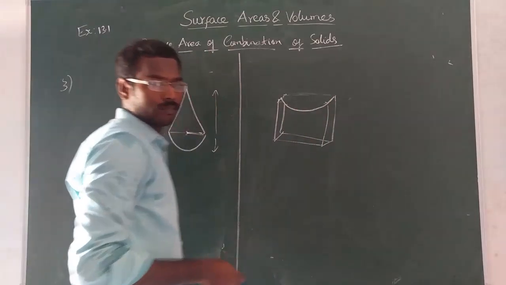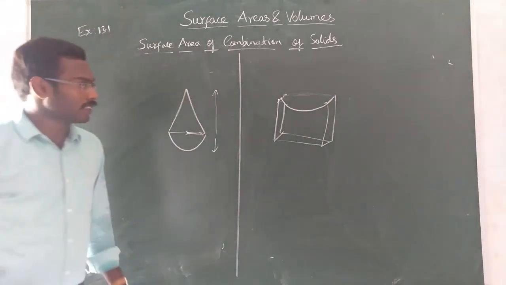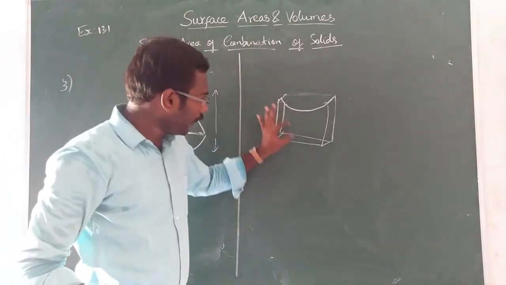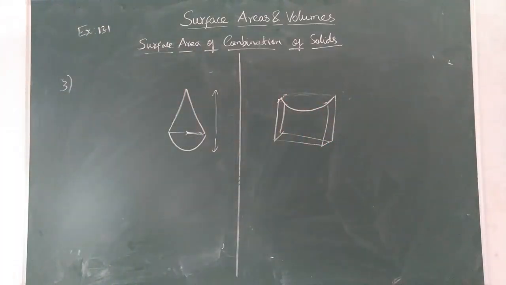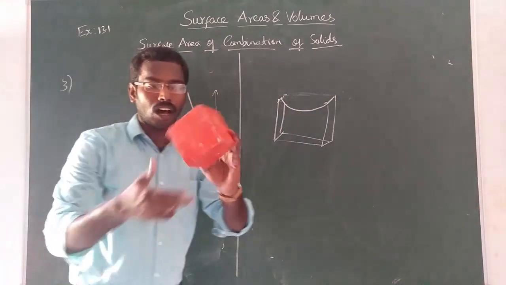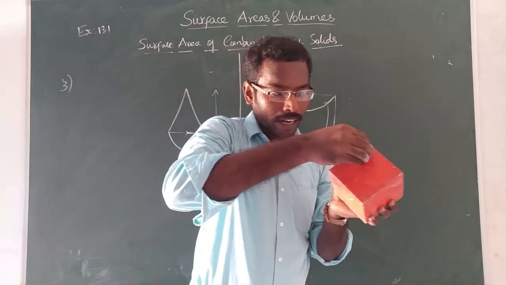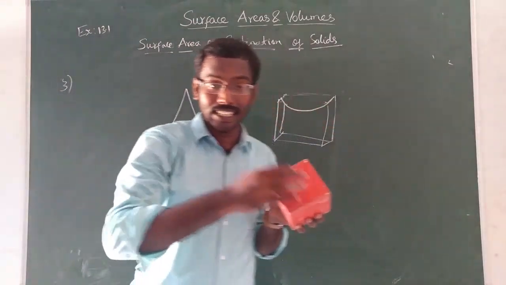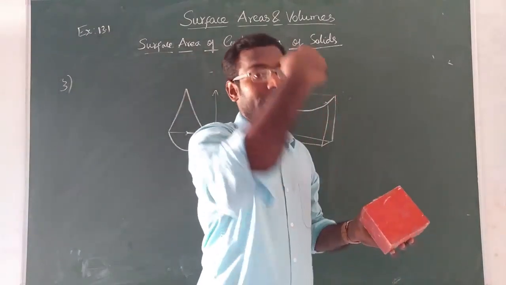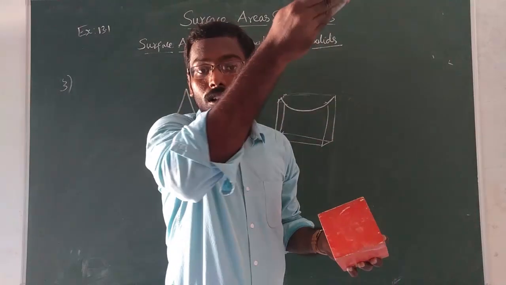Now you have to find the surface area. Here also the remaining 5 sides will be okay. For example, totally 6 sides are there, all 5 sides are okay. Only on this side you made a depression. Depression means a hemispherical part. For example, consider this as ice cream and you take it out and eat it. So what would you have made? A depression.